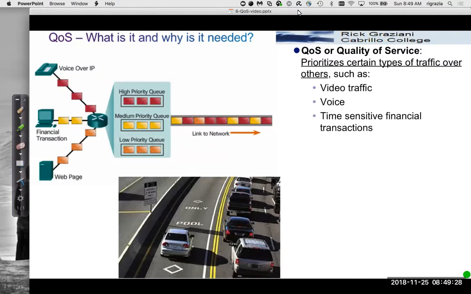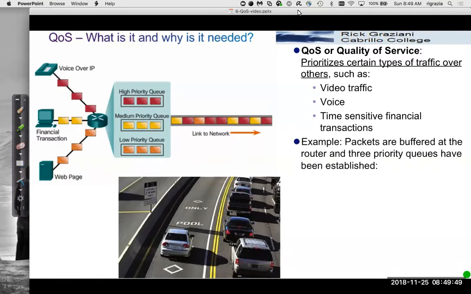of time-sensitive financial transaction. It's like when you're in line at the store and you want to give somebody that has 2 items priority over somebody that has 50 items in their basket, or somebody that's in a real hurry. Some way to prioritize these things. Also showing down here like a carpool lane, giving priority to somebody that is carpooling over those that